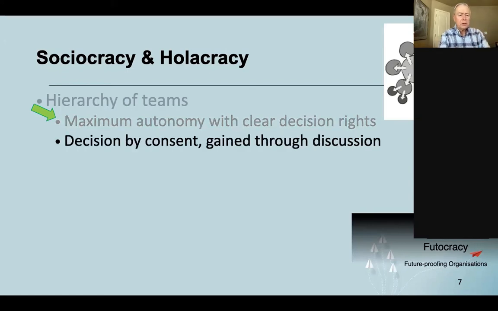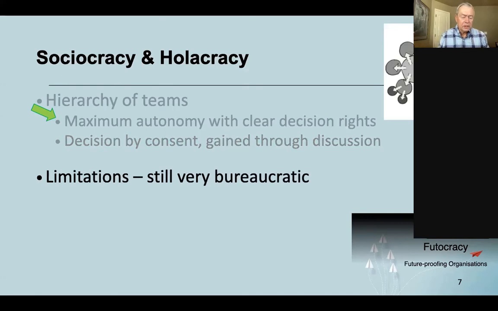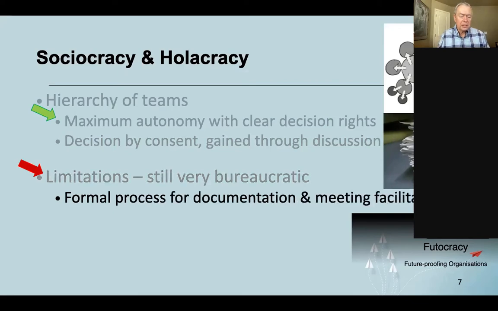A key component is also decision by consent, which is gained through discussion. This is not necessarily a veto power, but anybody who has a concern about any decision has the right to hold up that decision until they discuss it and address those concerns. So this adds then to what might be called some of the limitations, in that while you've eliminated some of the bureaucracy of a traditional hierarchy, you've replaced it with another bureaucracy, in this case, formal processes for the documentation